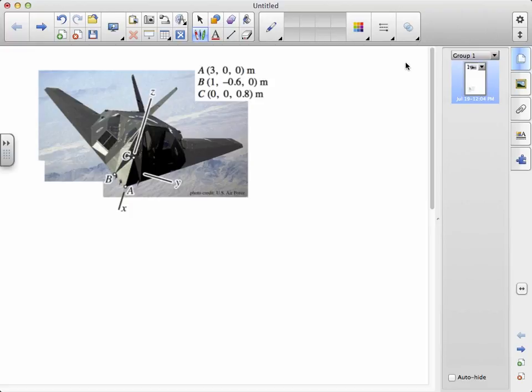Our unit normal will be found first from unit normal equals RAB cross RAC divided by the magnitude of that vector. We will then proceed to find the normal and tangent components from V normal magnitude equals the velocity vector dotted into the unit normal,